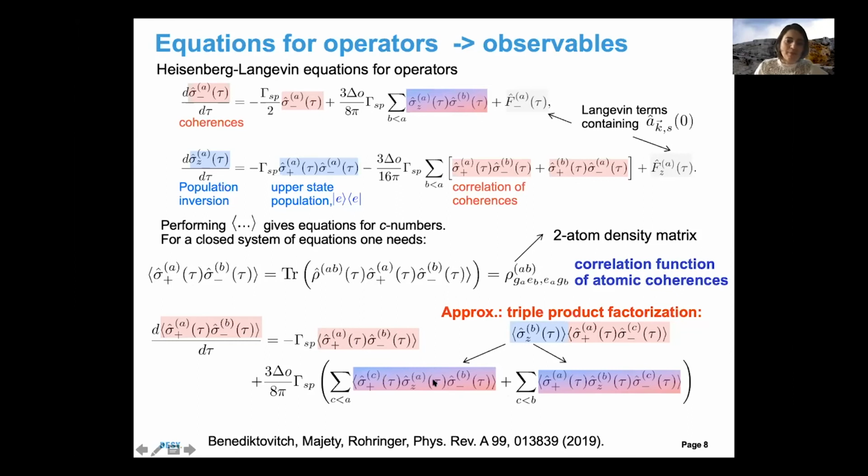So in principle, one doesn't get a closed system of equations. One would now need to formulate the time dependence of this triple product correlation function. But here we approximate this correlation function by a factorization into 2 terms. That's quite a critical step in this approximation. We will see further that this works well for the 2-level atom, but brings along problems for n-level atoms.